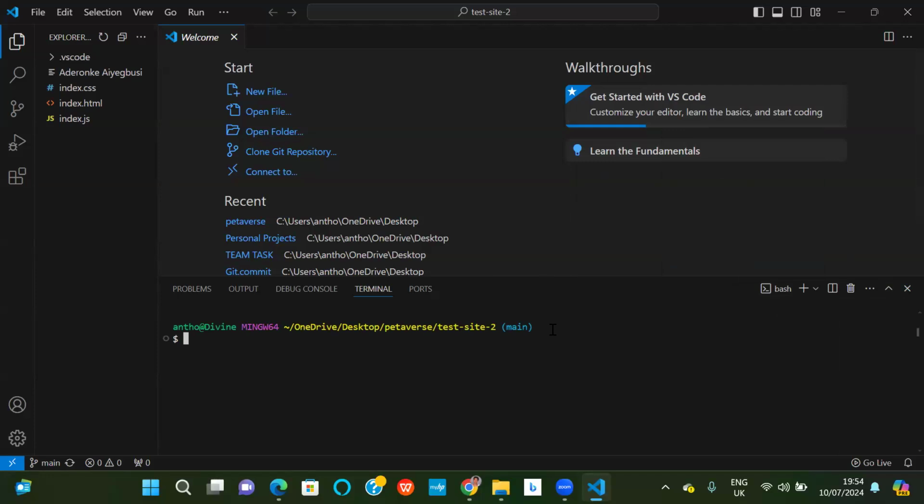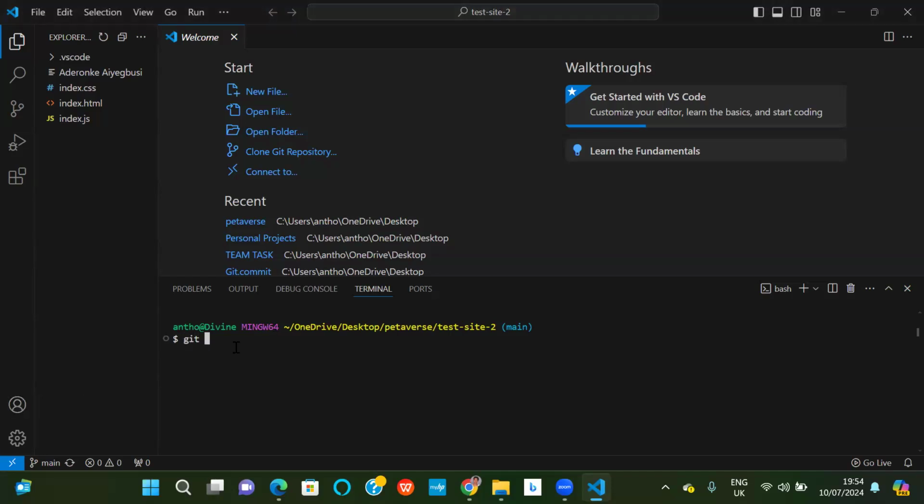All right. So first thing you want to do, if you are collaborating on any project, is to create your own branch. To create your branch, you type git in the terminal.